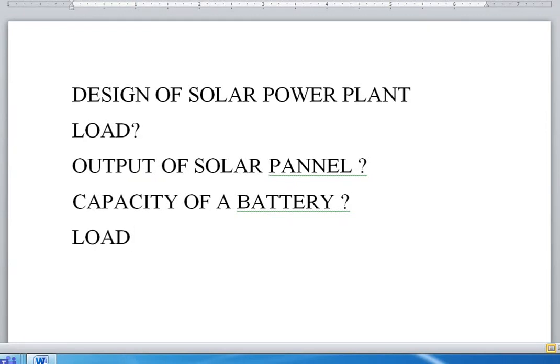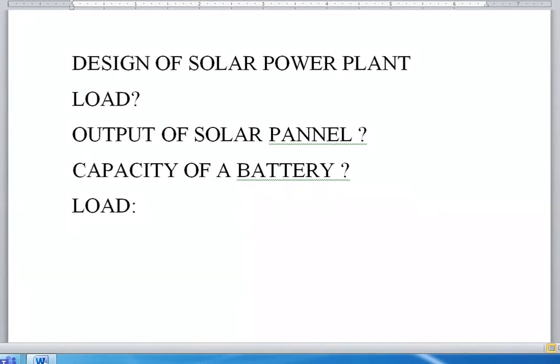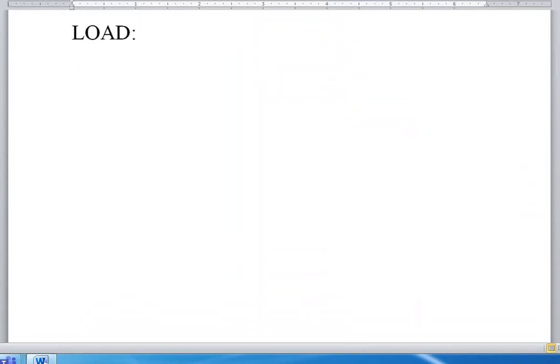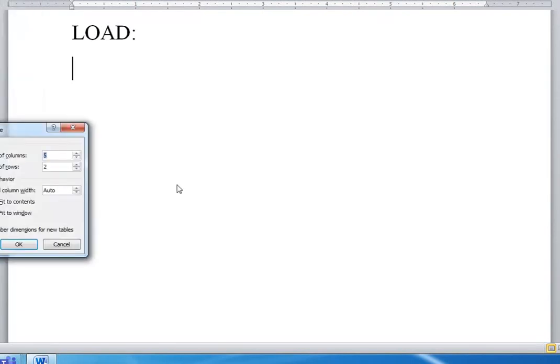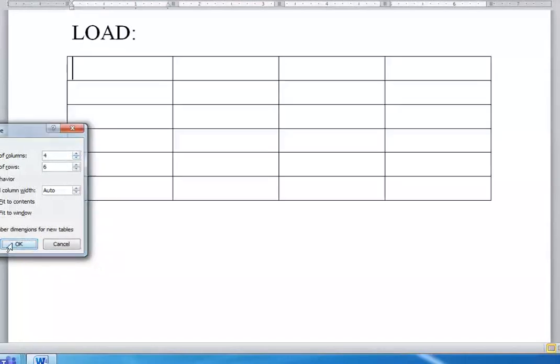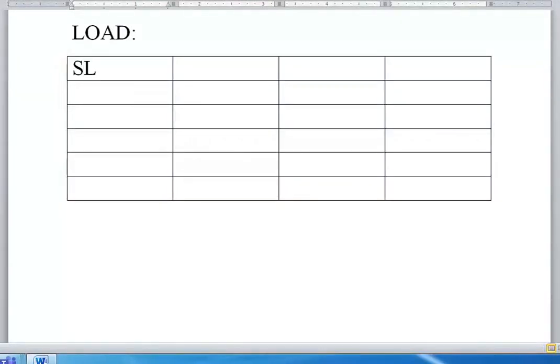Okay. So now for this, I will make a small tabular column. Just go through it. I hope my screen is visible to you. In the tabular column, I will try to identify what are the things which are there in my house. That is very important. I am going to write it. So let me first write serial number. And then the item, and then its wattage, watts. And then the next one will be time of usage.